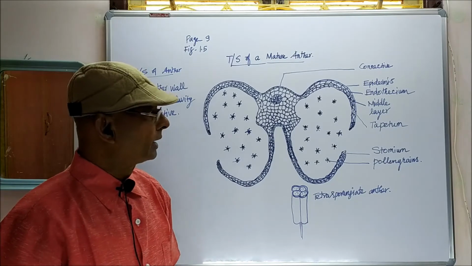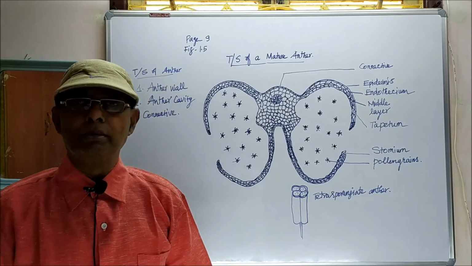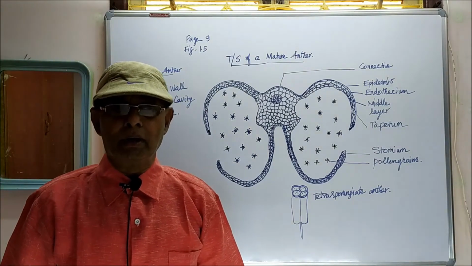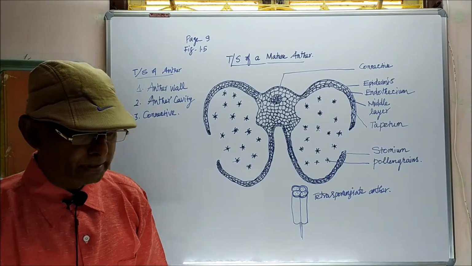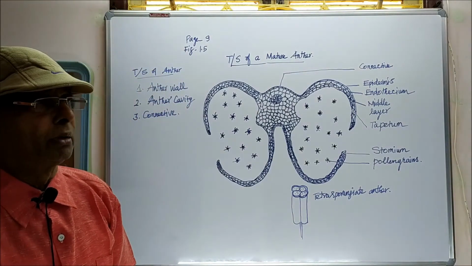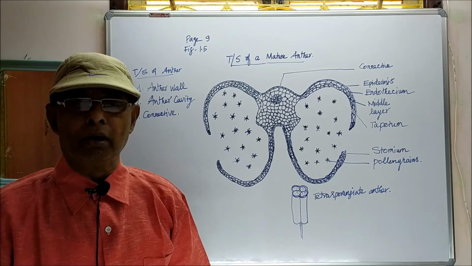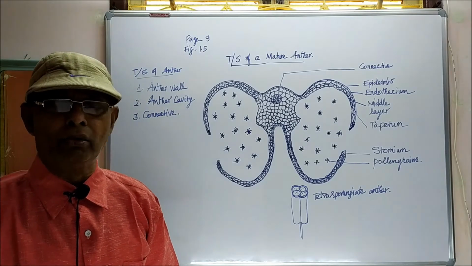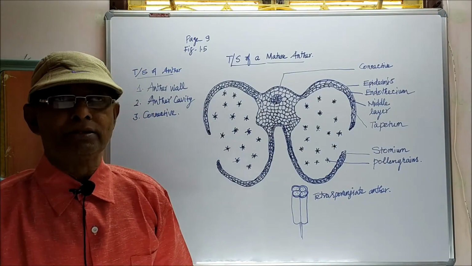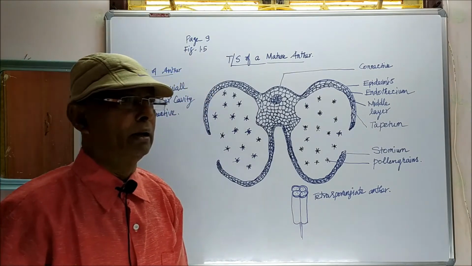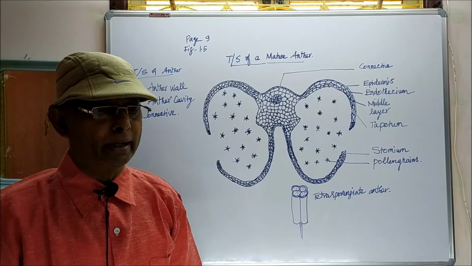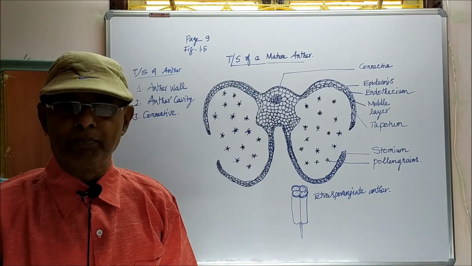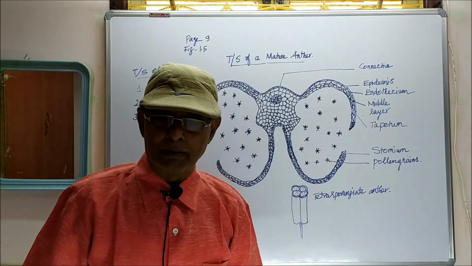Number 1, aquatic plants. Number 2, saprophytes. Number 3, cleistogamous flowers. Number 4, extreme parasites. Aquatic plants, you know, are the plants which live in the water, also called hydrophytic plants. In those plants, the endothecium may be absent. Saprophytes are organisms growing on dead and decaying organic matter. In most of the saprophytes, the endothecium will be absent.